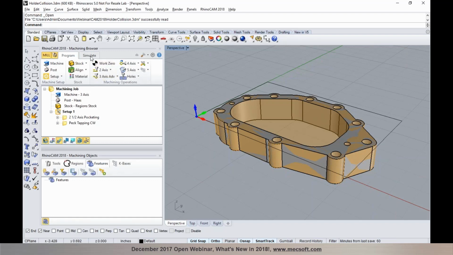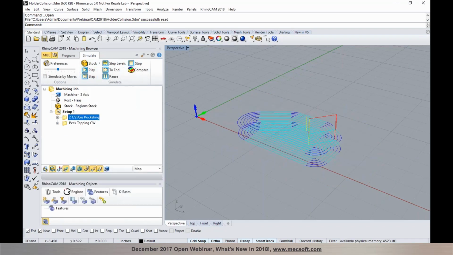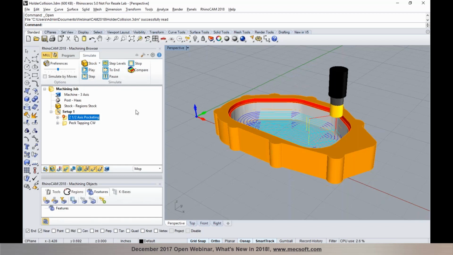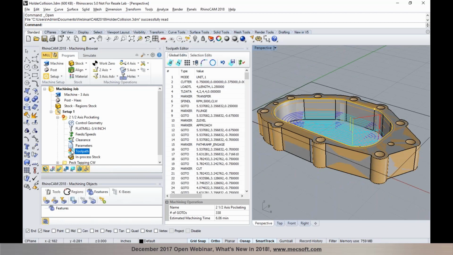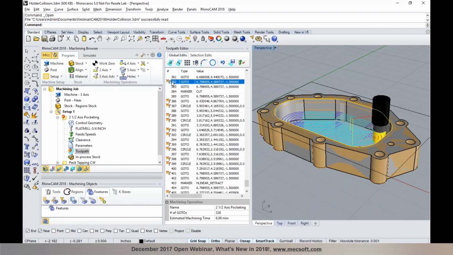Now, the first thing I'm going to cover here is an enhancement to the holder collision. So in 2018, in addition to being able to mark the collision areas during simulation, we're also marking the collisions with the tool motions and also flagging the operations as dirty. So you'll notice that as I simulate this pocket operation, when a holder collision is detected, it automatically flags the machining operation as dirty, as you just noticed, and as you take a look at your toolpath viewer or the toolpath editor, it also marks those corresponding toolpath motions